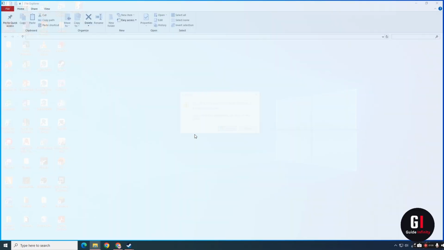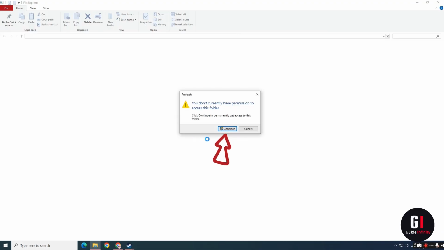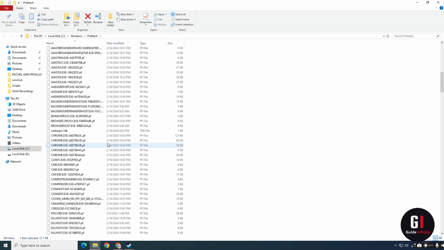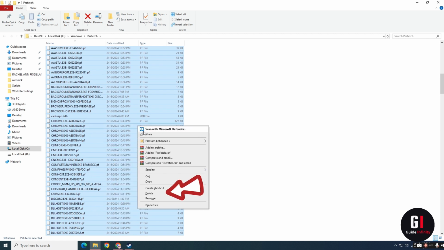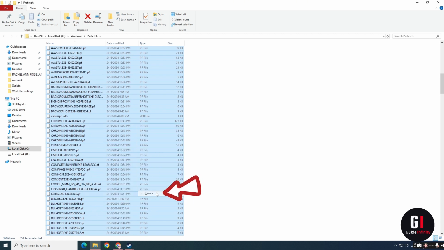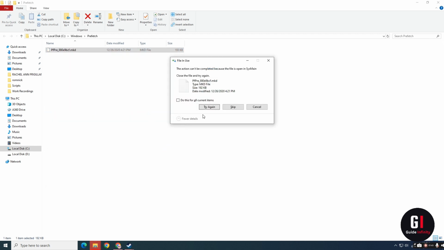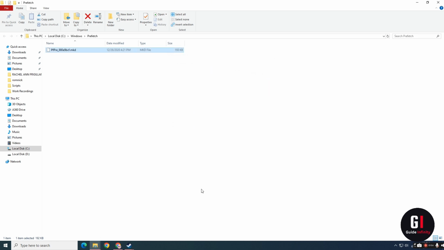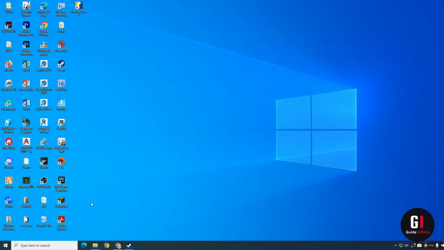If it comes up saying you don't currently have permission to access this folder, go ahead and press continue to access the folder. What you then want to do is select everything in this folder, and delete all of these from this folder. Once you've done that, you can come back to your desktop by closing this down and make sure you right click on your recycle bin and empty out your recycle bin, as this helps to fully clean your